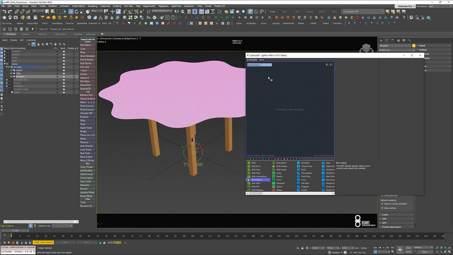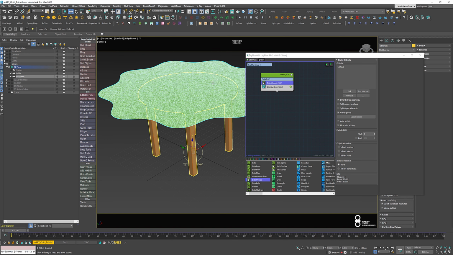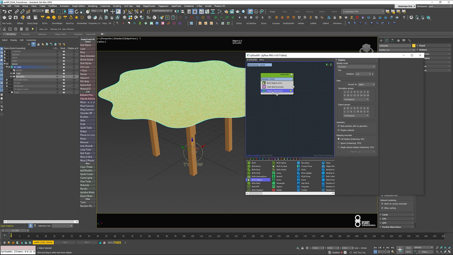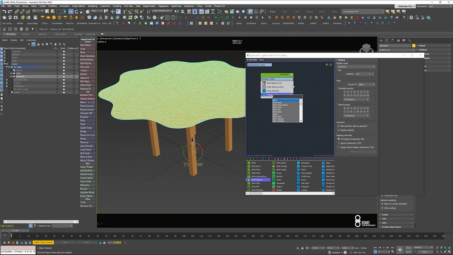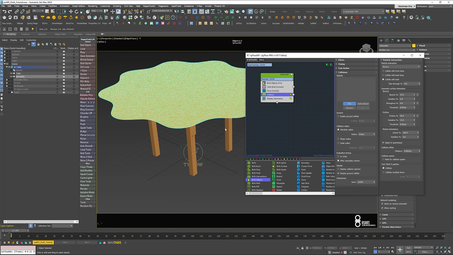So let's go and start with a birth object here and pick our shape, and then press tab, type in cloth bind, and press tab again and type in force. In force we go and set our gravity to minus 0.3, and we also need a collision operator so we can define the table as our collision object. So for now I'm going to leave everything the way it is. I'm going to enable the ground collider